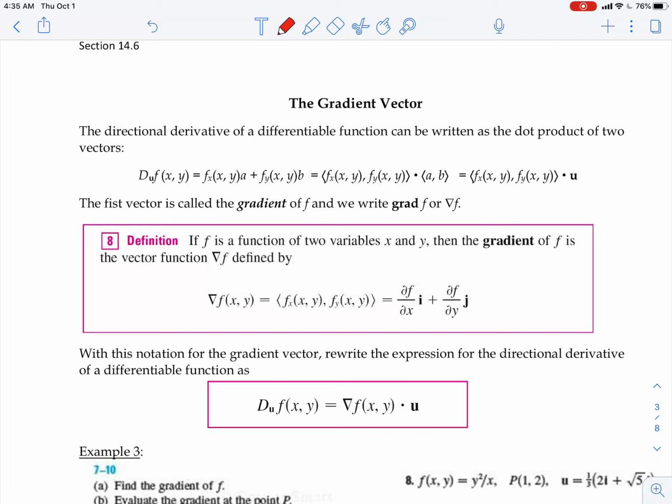So one thing that is going to pop up a lot is this vector of our partial derivatives. This vector of our partial derivatives is going to be called the gradient of f. All right, and we can write the gradient of f with this upside down delta. How we refer to that is del f. So either we're going to say gradient of f or del f to talk about the vector of the partial derivatives of our function. Hopefully that makes sense to you, that del f is just the vector of the partial derivatives of our function. Here you have it in